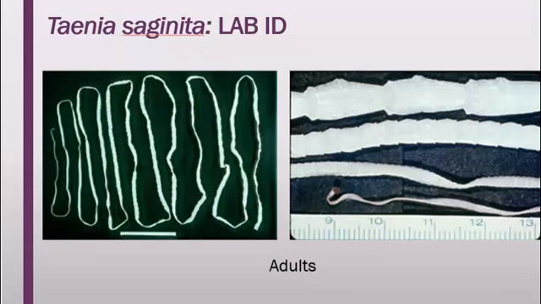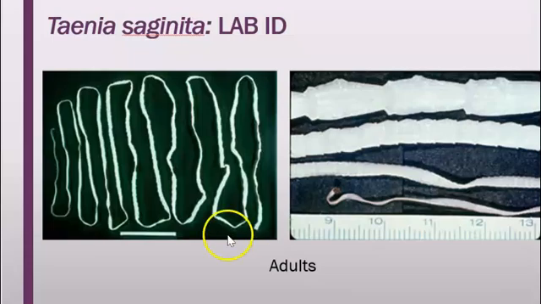The T. saginata adult tapeworm looks very similar to the adult tapeworm that we looked at for our previous species. The head, or the scolex, would be over here. We're on the smaller end, and each section of the tapeworm would mature. These are probably immature sections, but as you go along the tapeworm, they're going to become more mature, and these are going to fall off, and these are going to have sexually mature organs in them, and they're also going